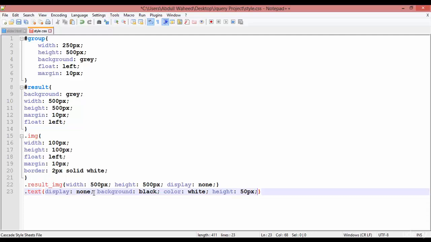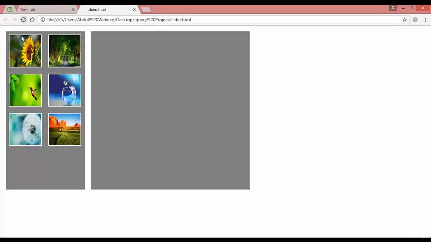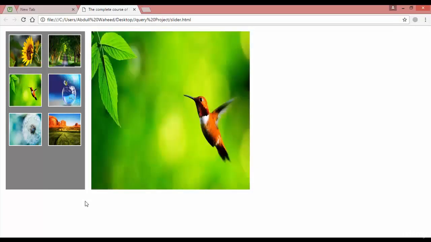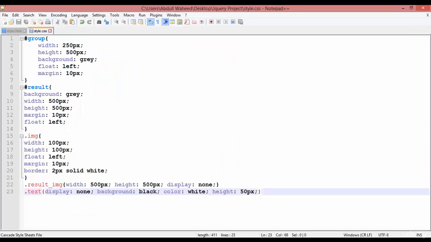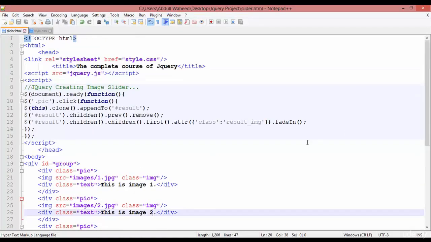And what else can you do? You can use margin. Just Control S. Let's check. Refresh. So this is not visible here. You can see the text. So for making the text visible on the result window, you need to come inside your jQuery coding, and inside this round bracket you give a timing, for example half second for this fade